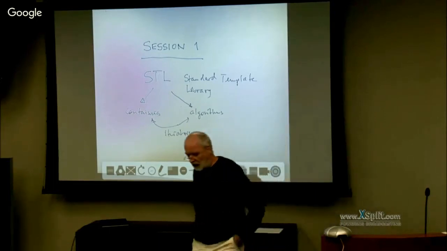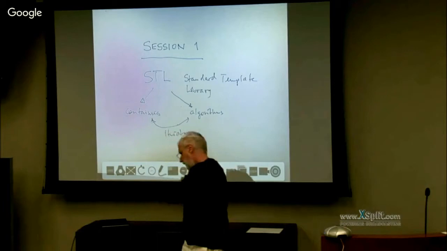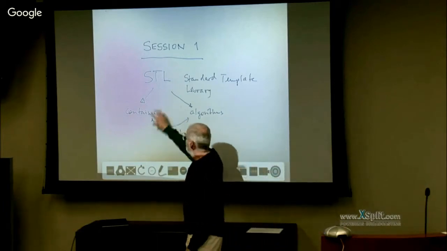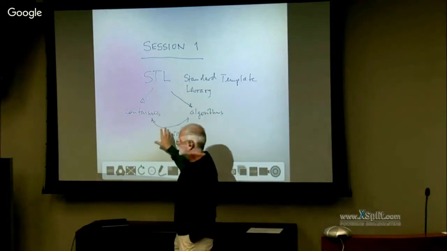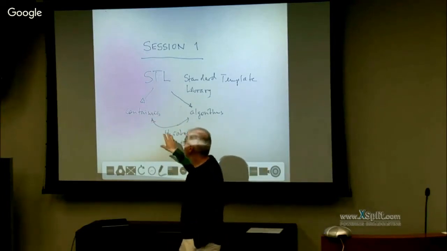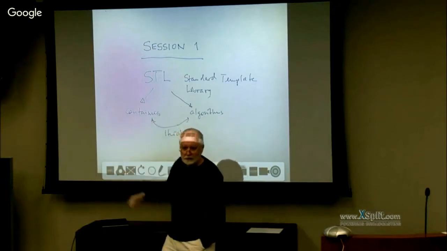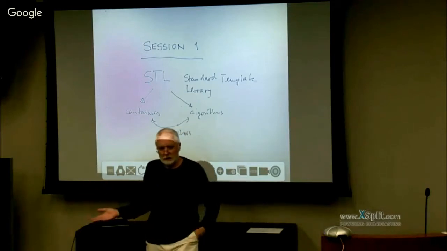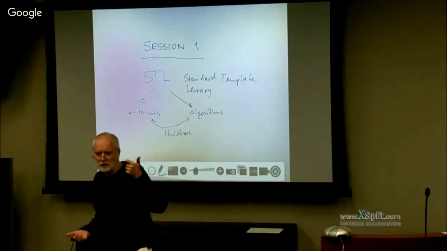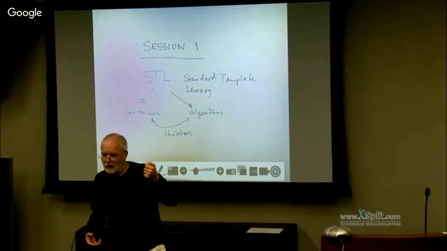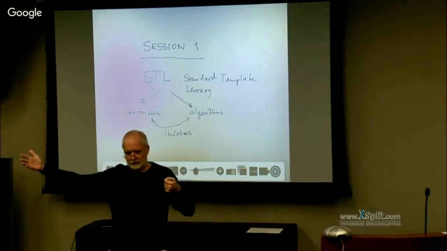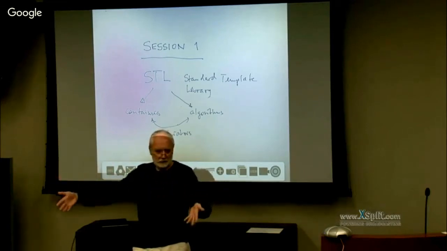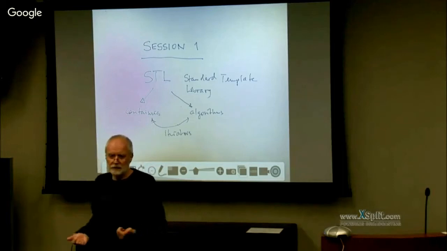One last thing I want to say about that general approach is that in order to make that work, several things have to be set in stone. A, all containers have to expose certain functionalities which are uniform across all containers. For instance, a container should be able to give you an iterator to its first element and an iterator to its last element, so that a copy algorithm could just span the range of all elements. That is a property all containers have, right?